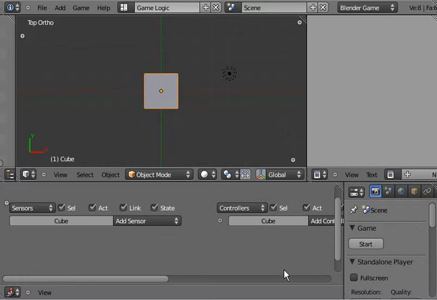Okay, here we are back in Blender, and this is now Blender AI '02. We assume that you have finished Blender AI '01. This one is how to use the logic bricks, and we've set up here we're going to add